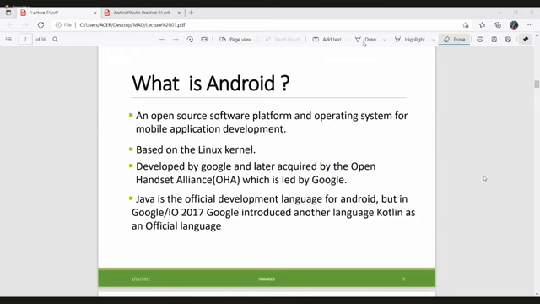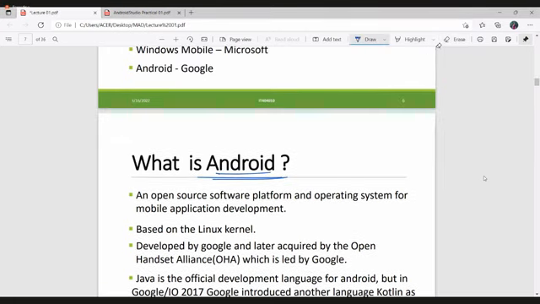When we consider Android, this is an open source software platform. So when we consider operating systems, I think you will discuss open source applications and software. So when we consider Android, it's an open source